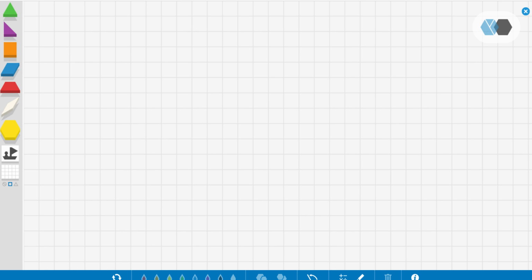So what I'd like you to do, first of all, is to work on creating some of the shapes that we already know and have been using throughout the last couple of days. For instance, let's start by trying to make a triangle out of different shapes. I think I might actually try this triangle